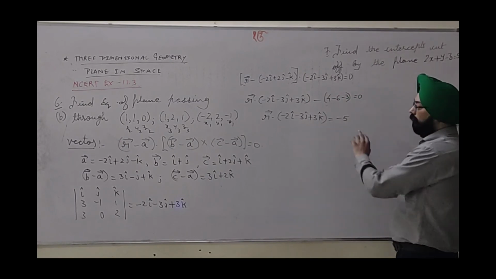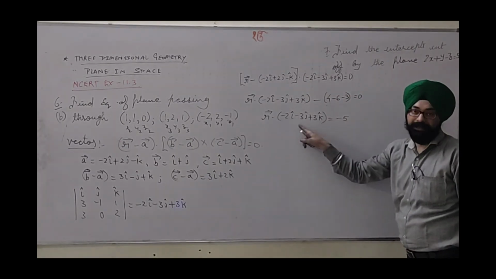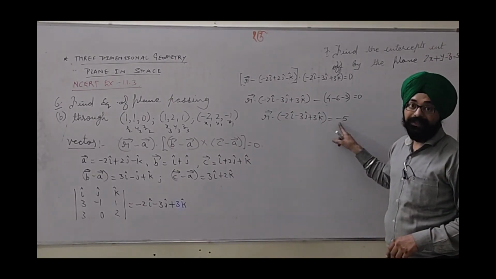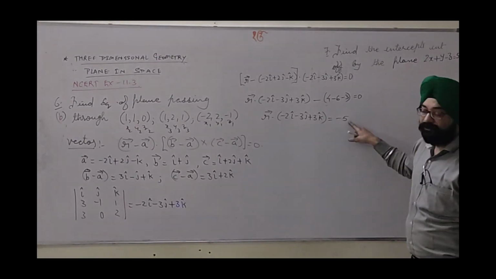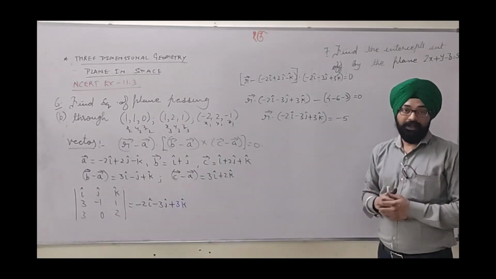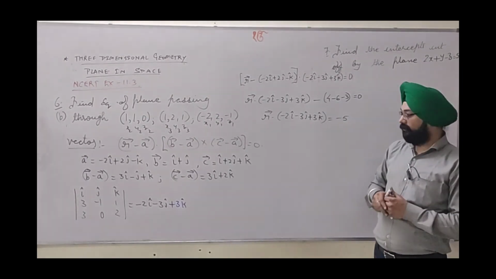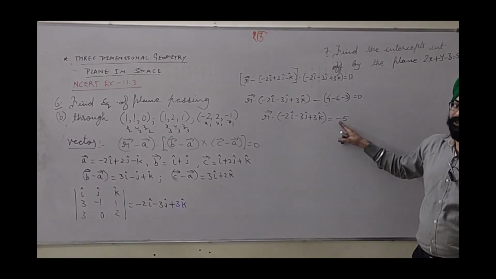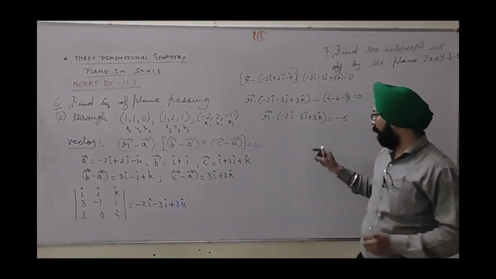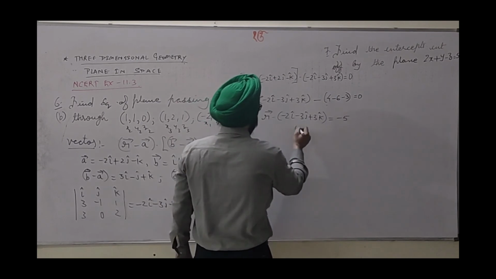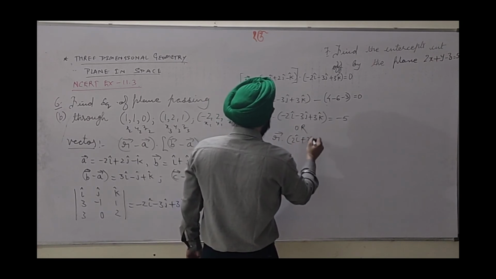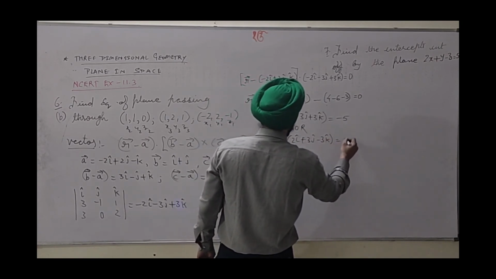Plus 5 when shifted becomes minus 5, which looks like r dot n vector equal to d. But do not worry about these things. As I said, if a normal form is there, then this constant must be written positive. Okay, while it is negative, we still suppose here some additional things I would like to discuss. If you want to eliminate this minus sign, then what happens? This minus sign as a minus 1 can be shifted to this side, and this vector can be changed. Means we can write it as r dot 2i plus 3j minus 3k equal to 5.